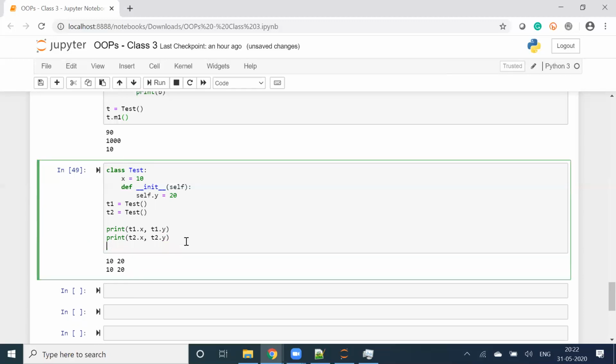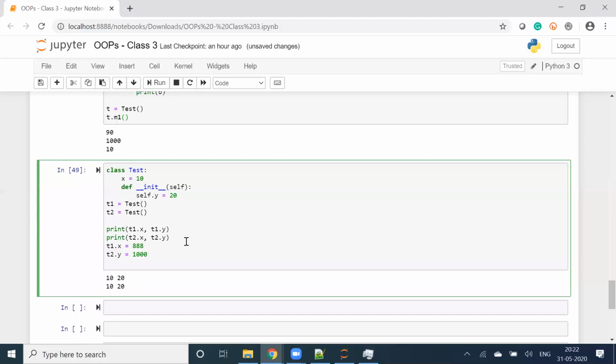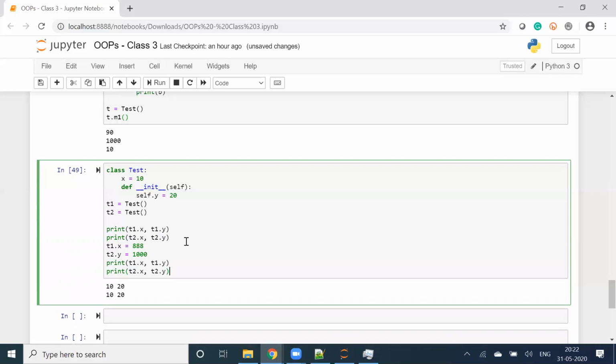Now t1 dot x is equal to 888, t2 dot y is equal to 1000. Now I am executing the same command. Now tell me what will be the output.